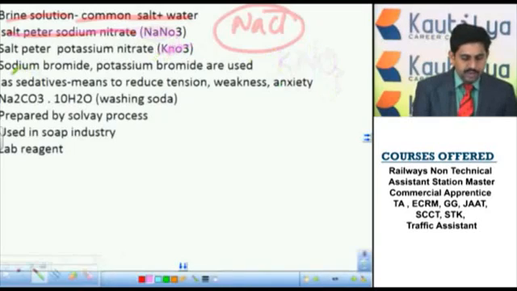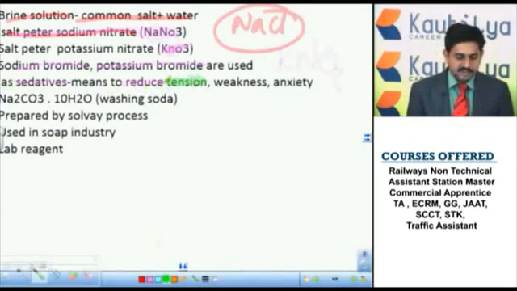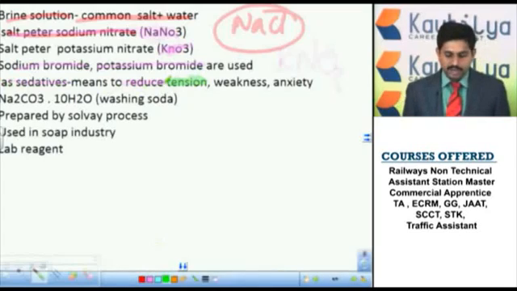Then sodium bromide and potassium bromide are used as a sedative. Sedative means something which reduces tension. A sedative is one kind of drug which is going to reduce your tension. It consists of sodium bromide or potassium bromide, and it reduces the weakness and it reduces